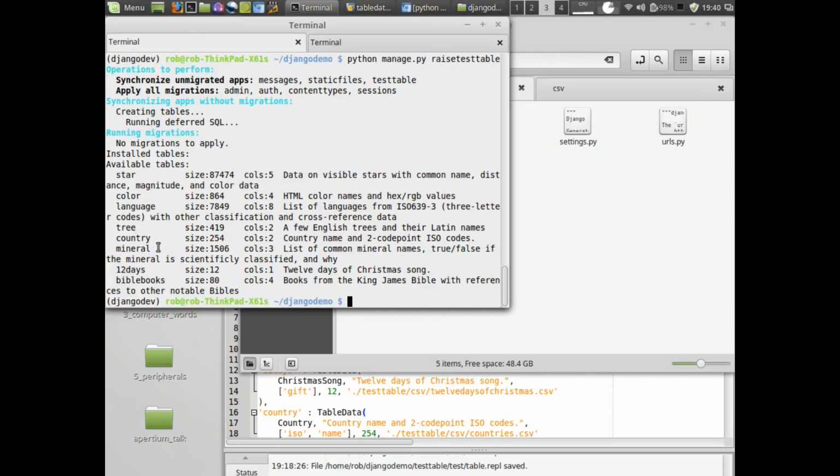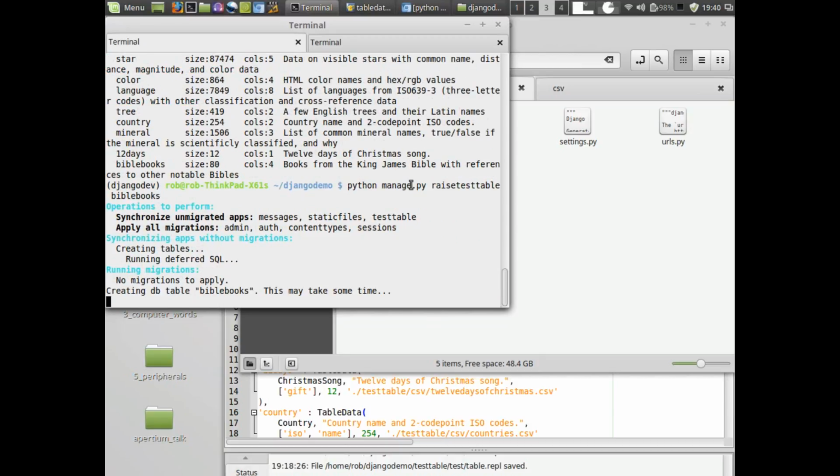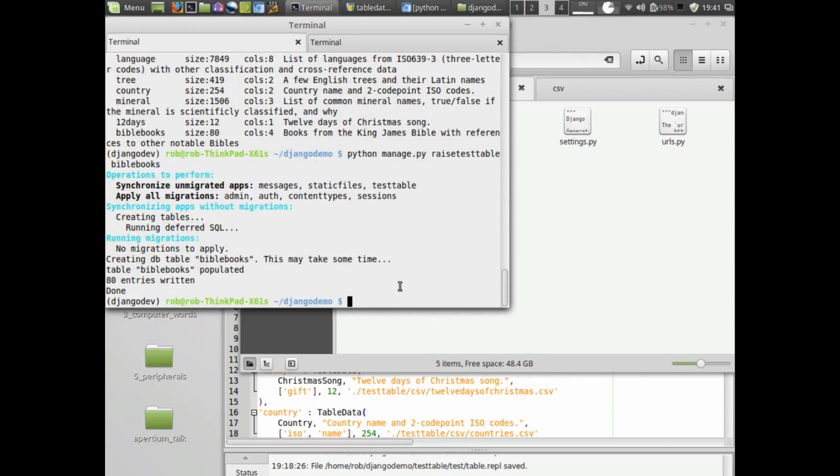And you have a choice of exciting and interesting table data to install. Let's raise test table then, shall we, for Bible books. Now, this line here, this may take some time. You really should take this literally. It may take anything up to